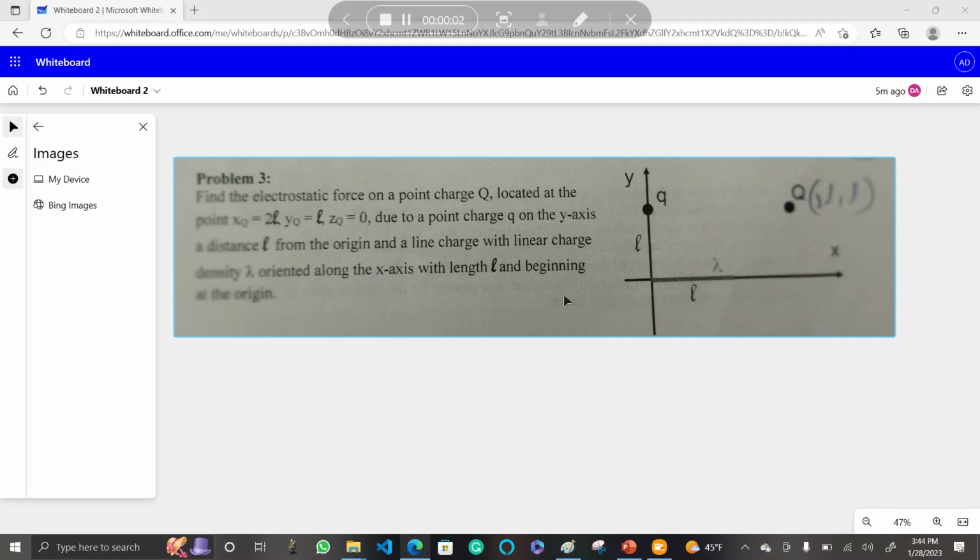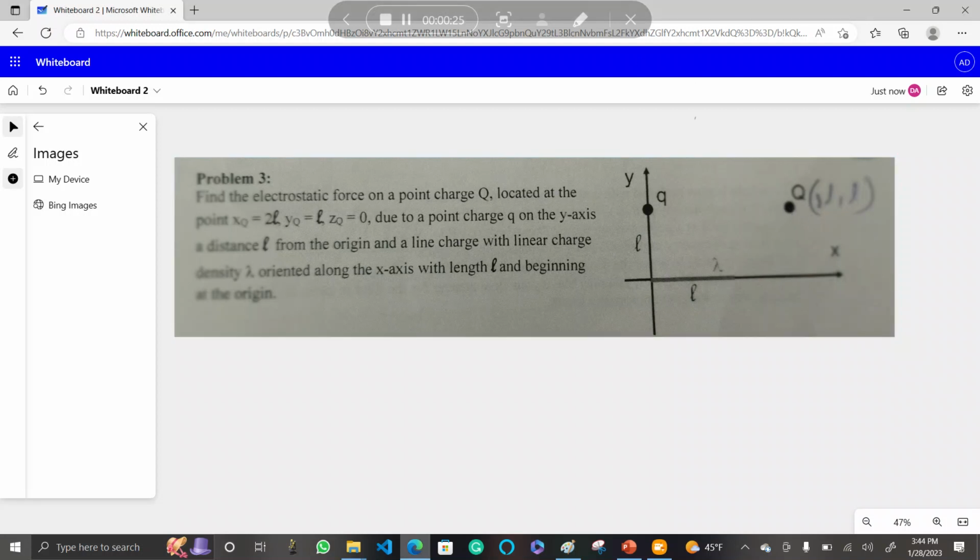Okay friends, this is the third video. In the previous two videos we discussed the electric field, electric force and the energy because of discrete charge distribution. Now we are going to slightly modify the problem. Now we want to look at the electric field or the electrostatic force at the point charge Q located at this location